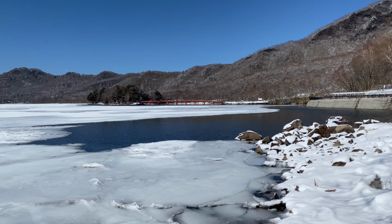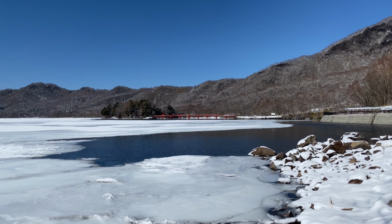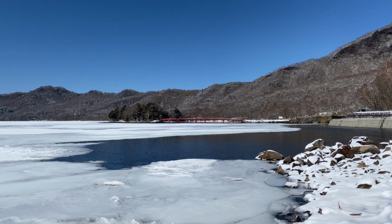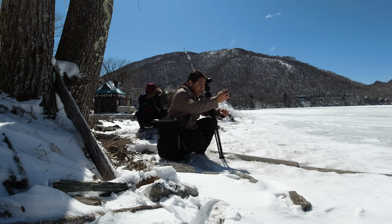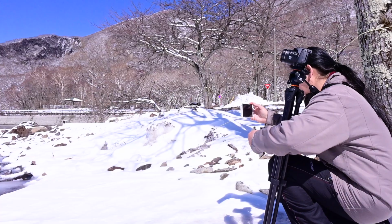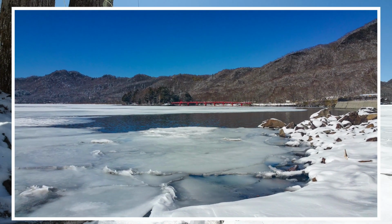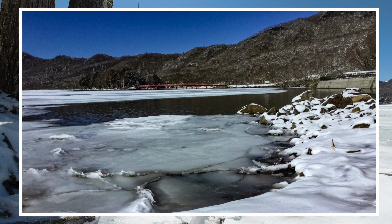So this is what we're going to take next, the bridge, and in the foreground is this area with the melted river, melted lake and the frozen lake. And there's rocks there on the side to frame it. So let's see what's going to happen. This is the Galaxy S8 taking now. Next is the Note Edge. Then the iPad mini. And finally,